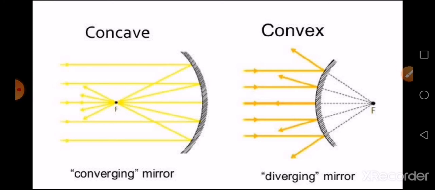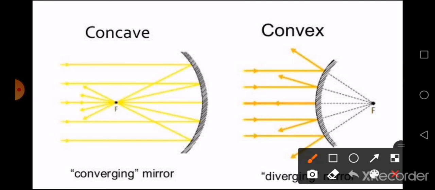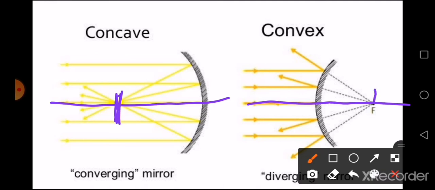The next important term you are going to have is the focus of a mirror. Okay, focus of a mirror. This focus of a mirror is actually a point always on the principal axis, such that whatever light rays are incident parallel to the principal axis, after reflection will be coming to a point. Okay, that particular point you call the focus of the mirror.